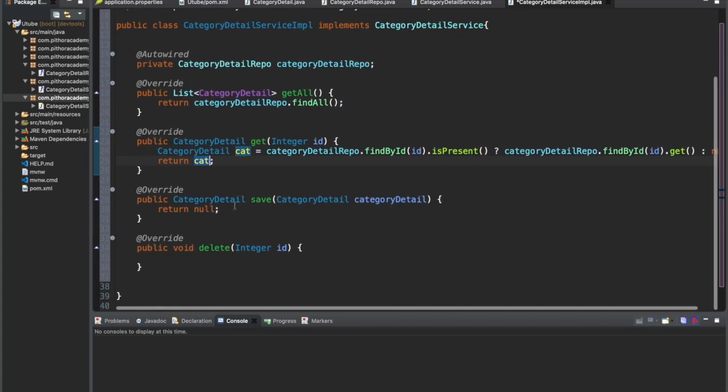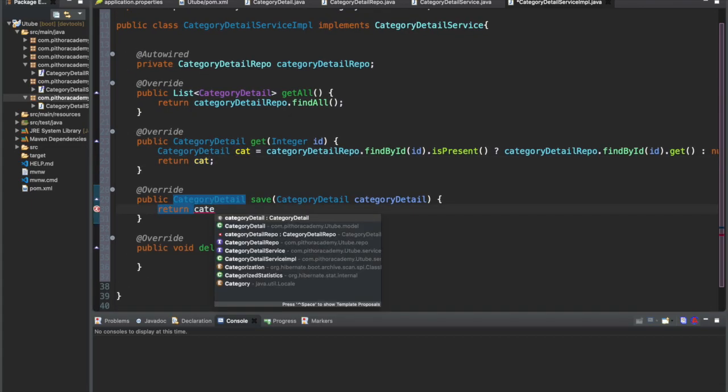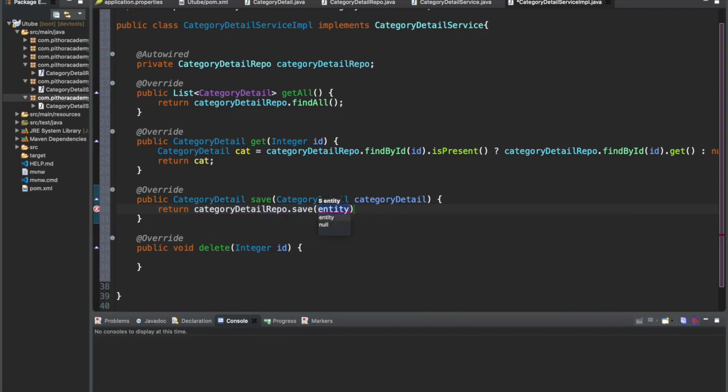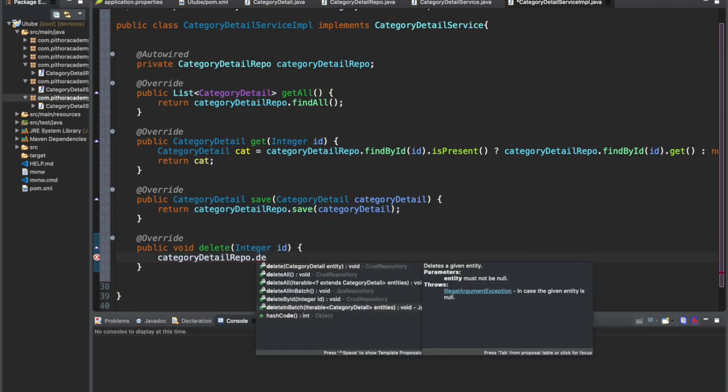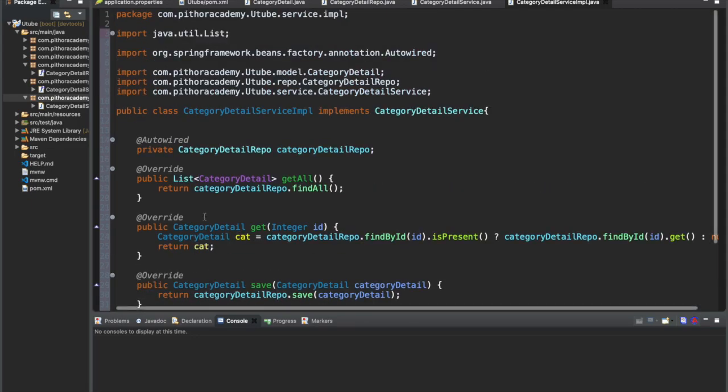For save, we will do the same thing. Category detail repo dot save. Here we have the save method, so we can do this. The final method is the delete method. For delete we have one method as well, dot deleteById. So this is also done. So these are the CRUD operations.